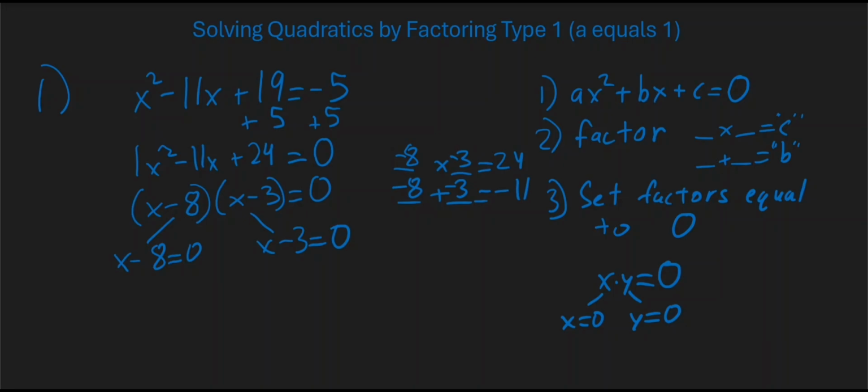And we solve both of these two linear equations, which upon adding 8 for the first one, we end up with an x value of 8. And for the second equation, if you add 3 on both of your sides, then that leaves you with an x value of 3. All right, so both 8 and 3 would satisfy the equation. Quadratics can have either two solutions, one solution, or no solution. Those other cases come up later on as well. So that's number 1. All right, so now for number 2, we're given 5x squared